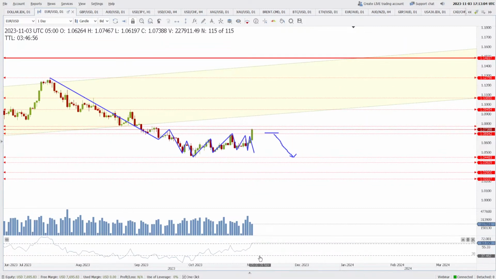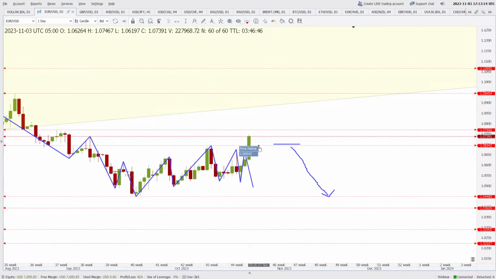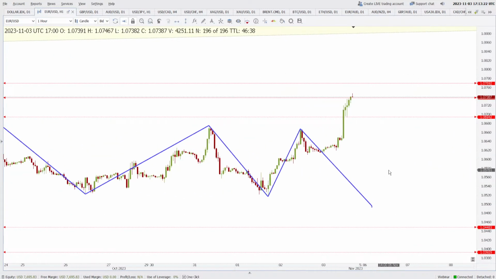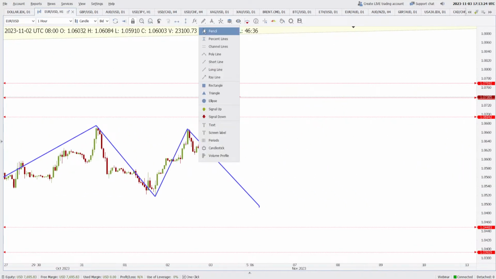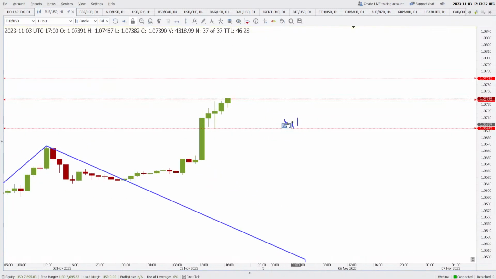This RSI is already overbought, but 63 is not that overbought. It can still continue to some extent to the upside, but if you find it coming down, then be sure to buy it close to 1.0694. Like, don't buy it directly, but wait for that thing which we discussed yesterday, something like this. See, this thing you should be able to understand. Something like this is what you want to buy.